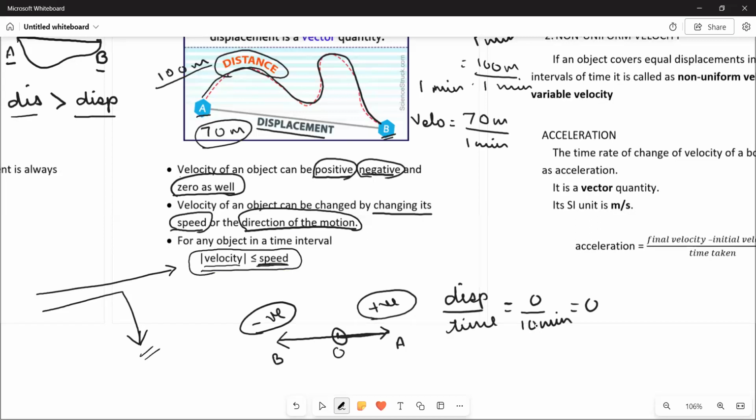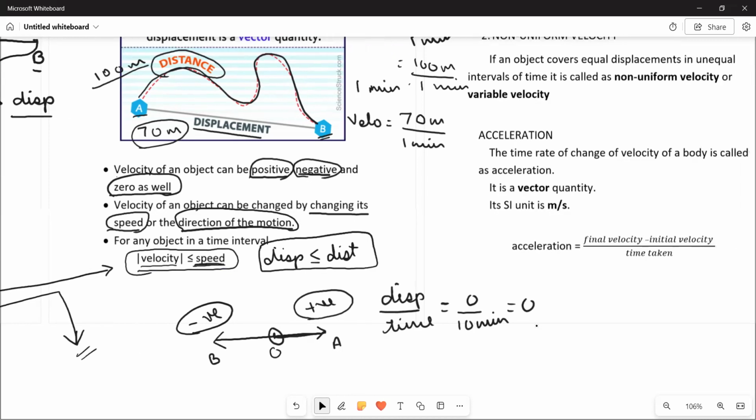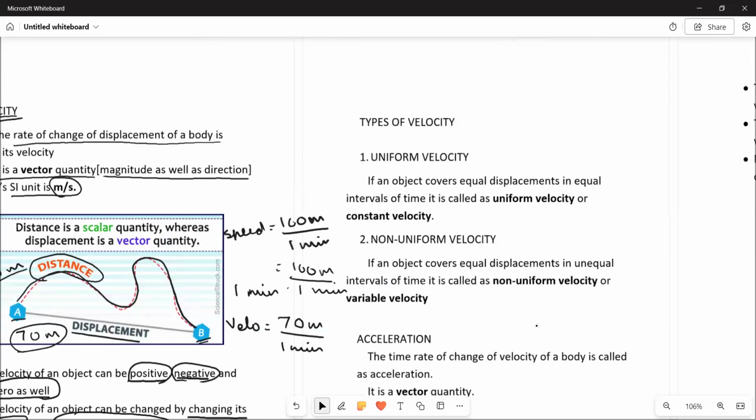And we also know a similar relation between the displacement and distance. Displacement is also less than or equal to our distance. So these 2 points are very important. Make sure you write these points in your notebook. Okay. So now we'll be